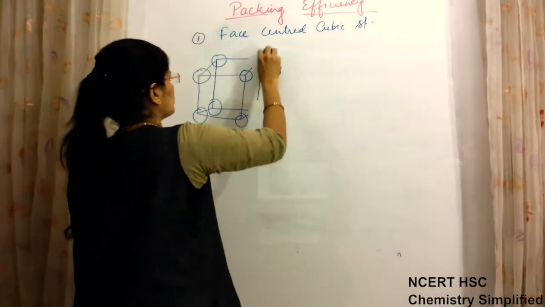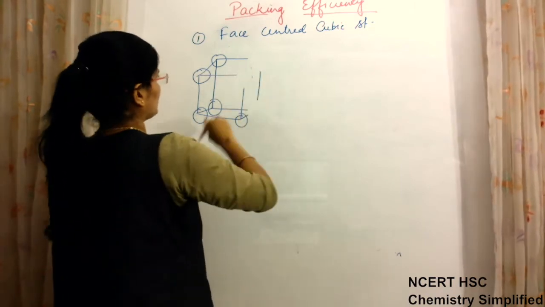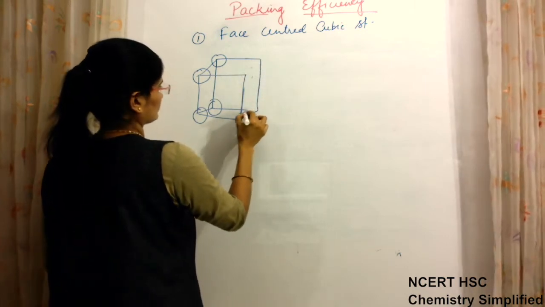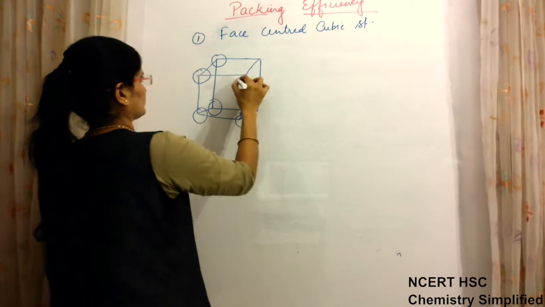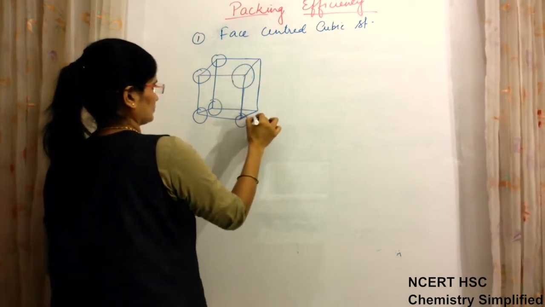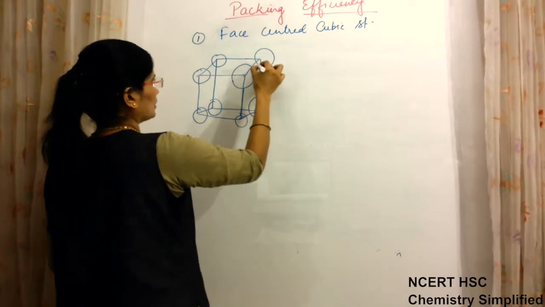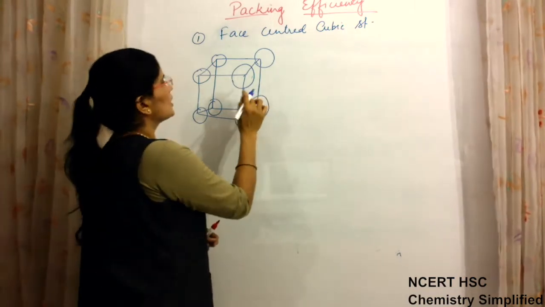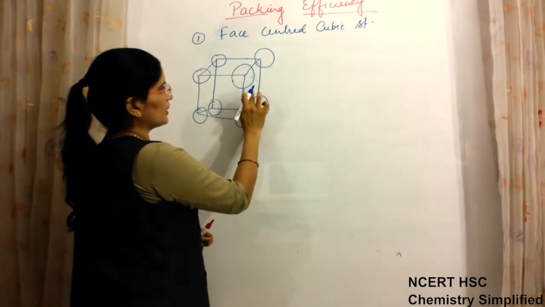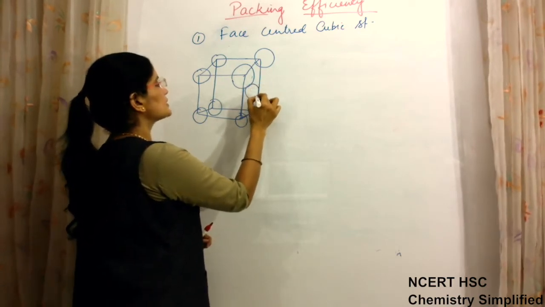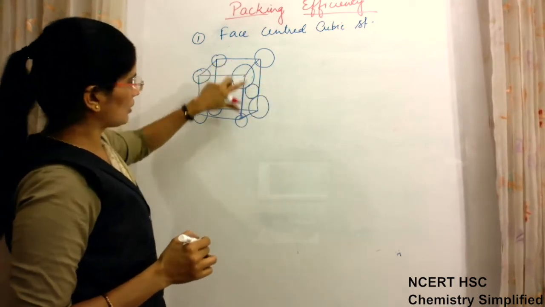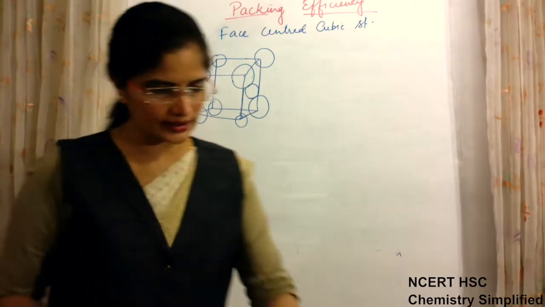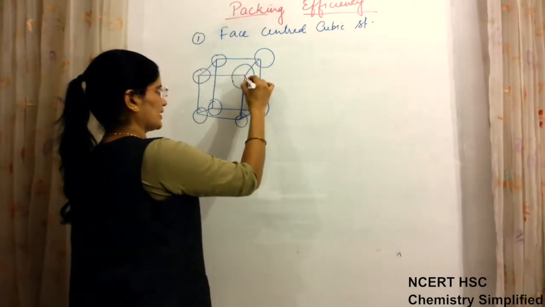One thing, let me do, a little change is needed so that you understand it better. All the particles are of same size, only I have enlarged this one because we are going to focus on this. Now this is one of the faces, so there will be one particle in the middle of this face. Okay, so one particle on this corner, one on this corner, one in the middle of this face, and on all the faces, but we will study from one corner itself. Okay, now let me join this diagonally.